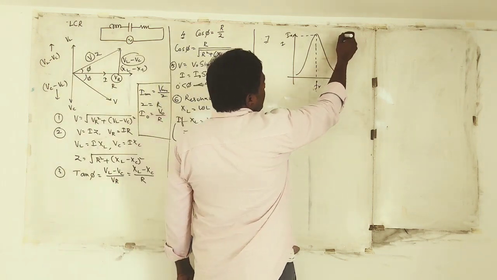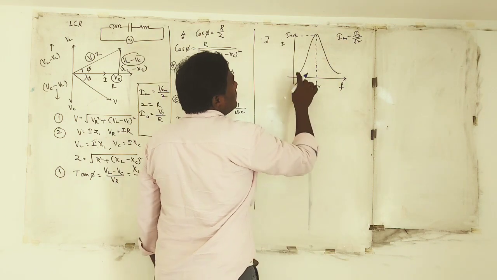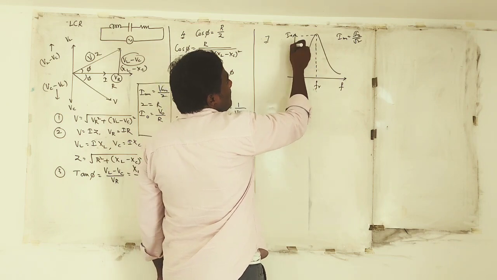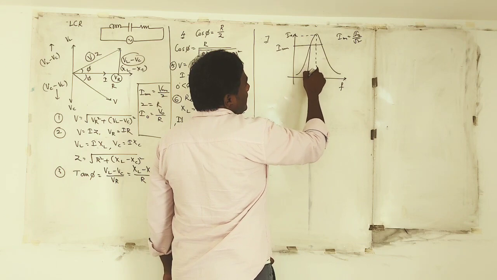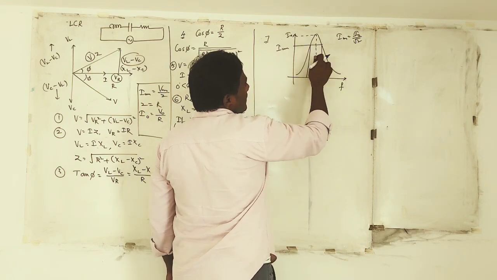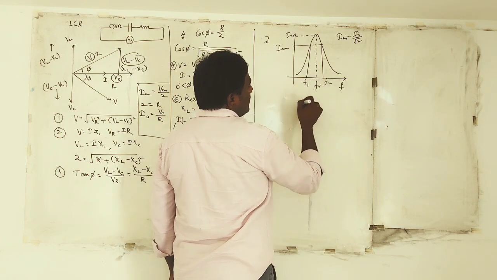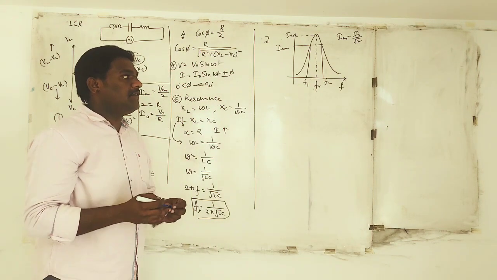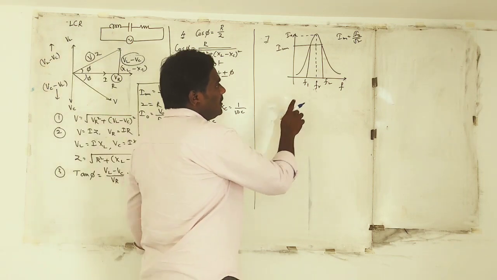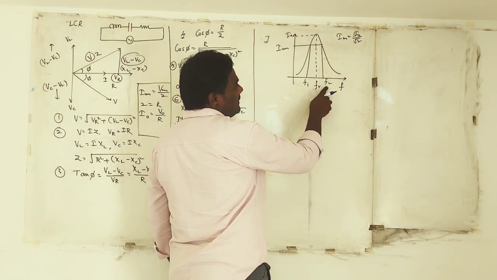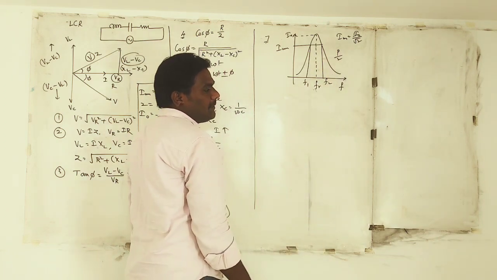Now if we calculate IRMS from this graph, what is the IRMS formula? I0 by root 2. Since this is the peak, somewhere IRMS, you will get an IRMS value less than the peak. From that you get two intercepts on the graph, and from them you draw two projections over the x-axis. Then you will get two more frequencies. These F1 and F2 are called half power frequencies. If you give F1 and F2 to the LCR series circuit, the power across the circuit will be half of the available power.